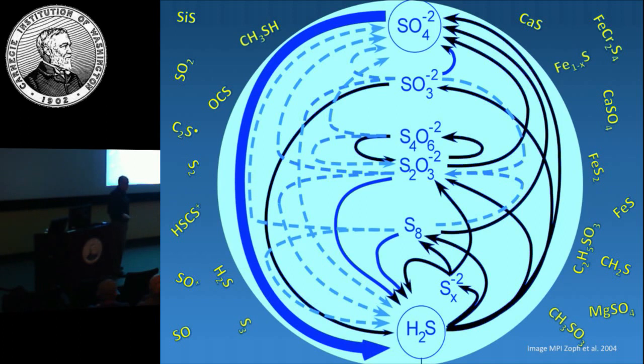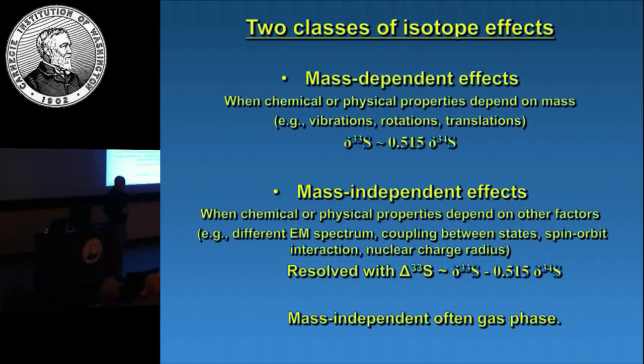Many of these species are actually found either in meteorites or observed in molecular clouds, and are thought to be relevant or found on Earth. What this does is this means that sulfur, as an atom, is in many different types of bonding arrangements, and it also undergoes many different types of chemical reactions, both in liquid phase, solid phase, and then also in gas phase. What this does for the isotopes is it gives us two measures that we can use to disentangle process.